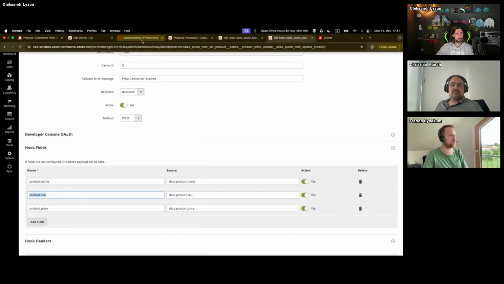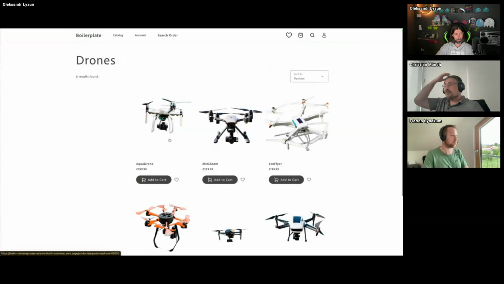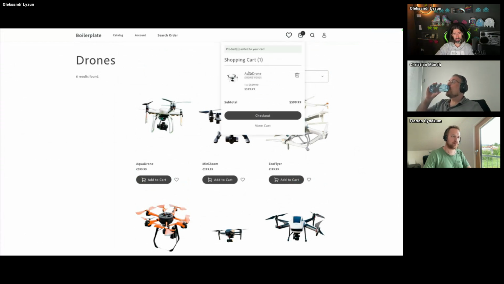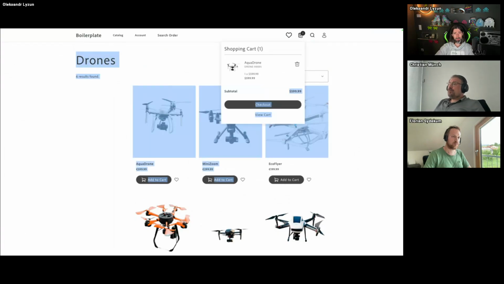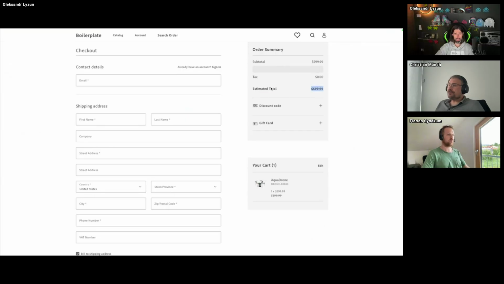And if I hit here again on the storefront, we will try to add the product to the shopping cart. It has to appear. It can be quite slow here. It will appear here with the same price, and then you can already check out with this product, again with the price delivered from the Adobe Commerce Optimizer.